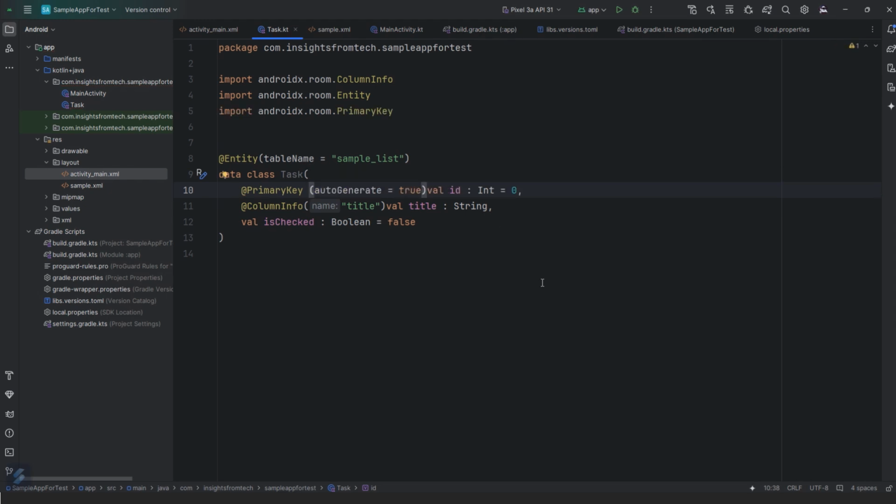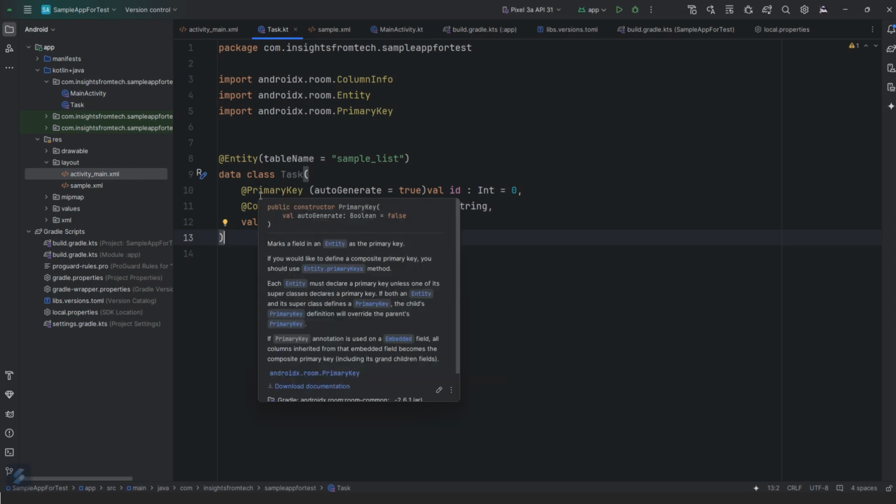We have auto generate also true, so that when you're going to create a task object, you don't need to specifically mention id equals to 1 or something, right? To every data object that you're going to enter into the database, which is a task object. So I think it is still only the entity class. It will create a table which will have these columns of id and title, and is it checked or not? Because that is the data that I want to store in the database,